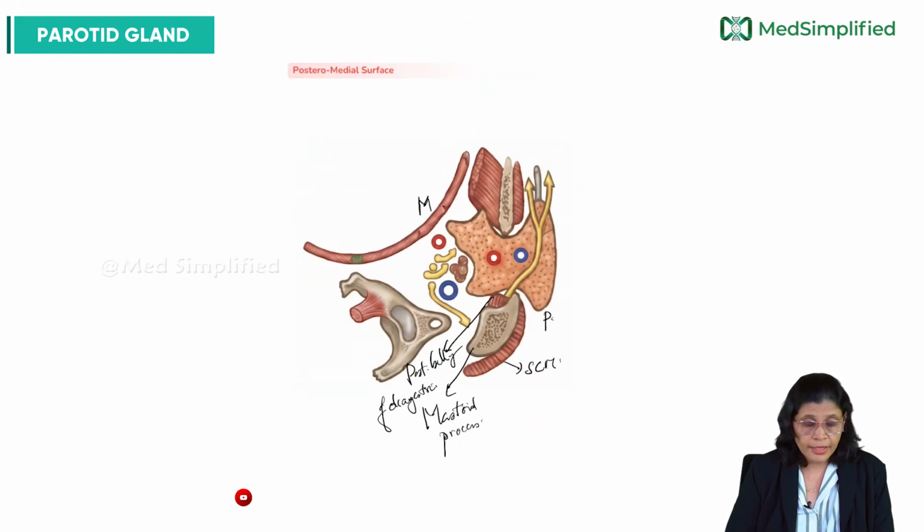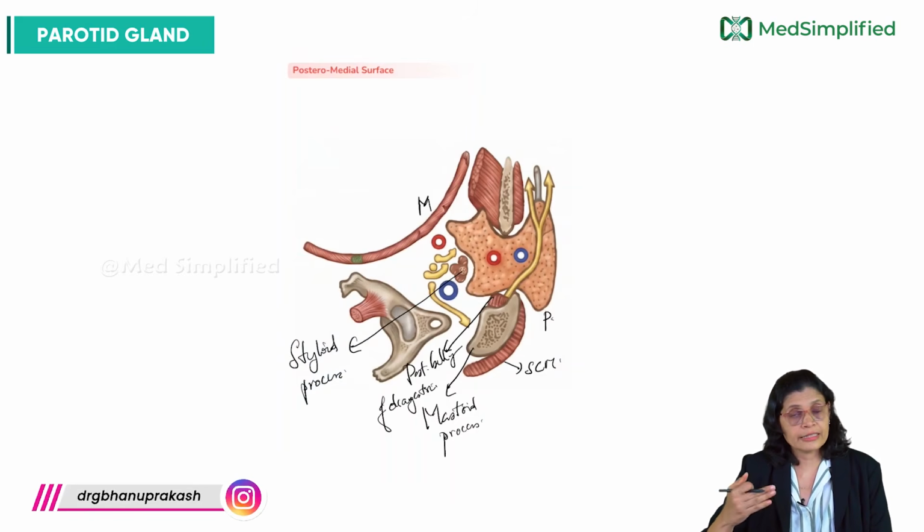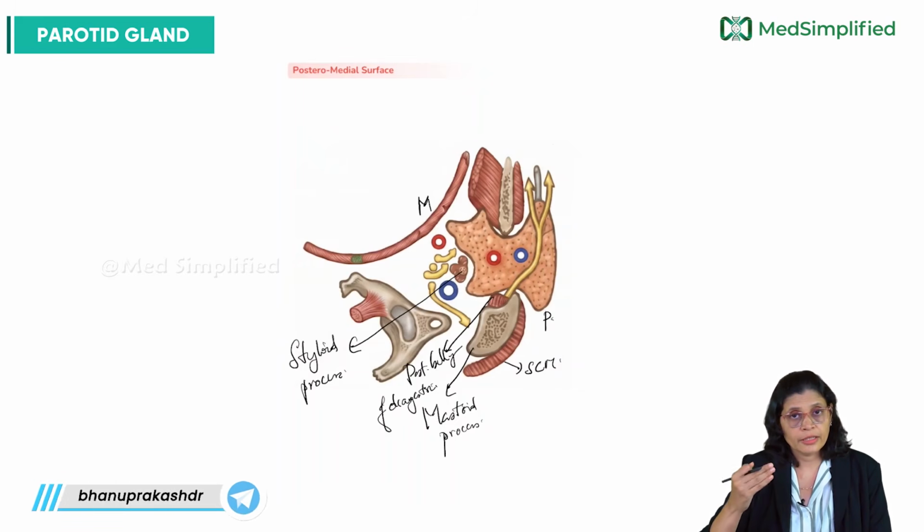Then we will see the styloid process and the three muscles attached to it. That is the stylohyoid posteriorly, then anteriorly the styloglossus, and medially the stylopharyngeus. So these three muscles are around the surfaces of the styloid process, and we will see that in relation to